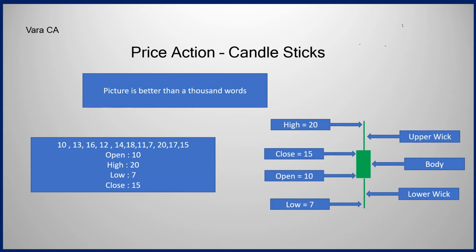Now if you look at the structure, it has a candle and it has these wicks. The upper wick is called the upper wick, and the lower wick is called the lower wick. This portion is the body. The entire thing is the candle, in this case a green candle. Understood, right? High is always plotted on the top, low is always plotted at the bottom. Then depending on whether close is higher or open is higher, those two are plotted in the body.